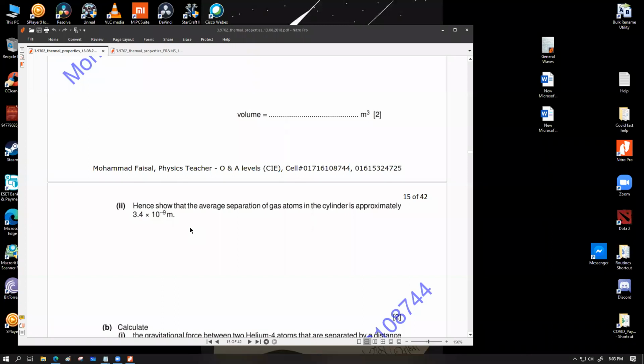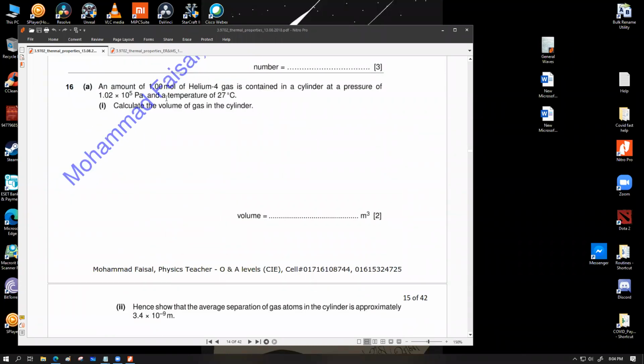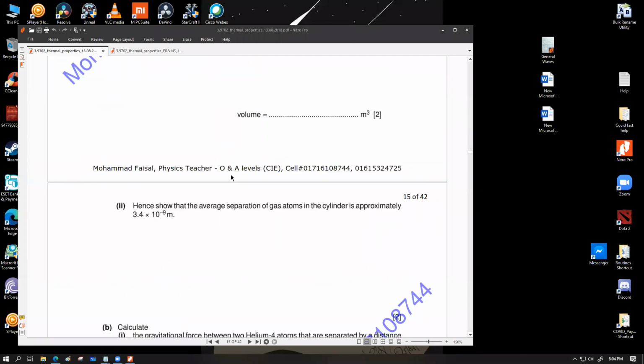the average individual volume available to each particle. So that would mean that the entire internal volume of the gas is something which we could calculate over here, using the mole information which you are already given. Do we have the mole information here? Yeah, 1 mole, exactly 1 mole of gas. So using 1 mole of gas, the total number of particles would equal the Avogadro's constant, which is 6.02 times 10 to the power 23. So if you divide that volume by that number, you're going to be able to calculate the average volume occupied by each individual gas molecule. The separation is going to be